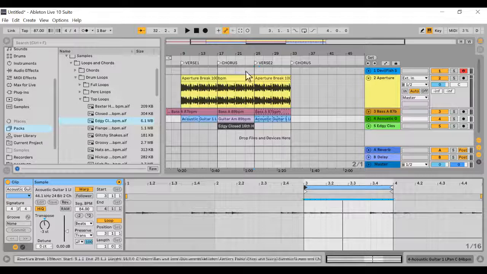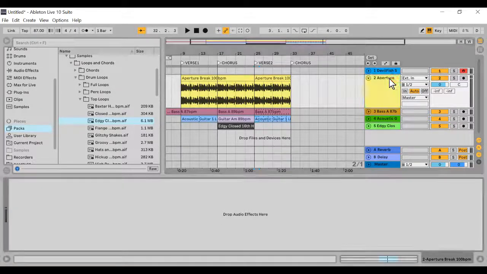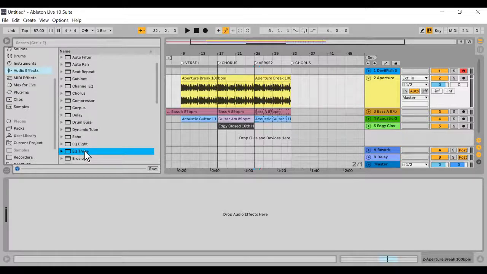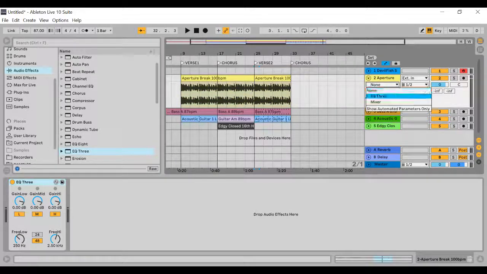And I'm going to do one more change. I'm going to go to the beat here, and I'm going to put an audio effect which is going to cut away the bass drum. Do you remember what audio effect could do that? Last week? EQ3, correct. You are right. Audio effect EQ3. So now you see everything that we have learned in the past 2 weeks is all coming together. I can actually switch on the automation using this automation on button, and I choose EQ3,